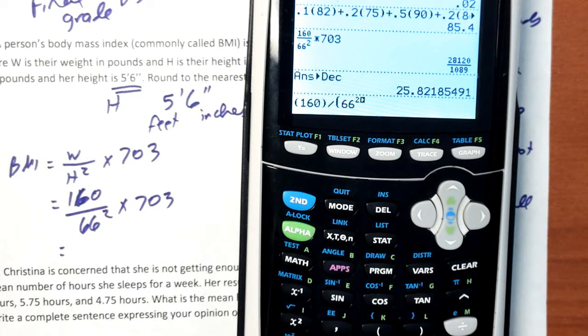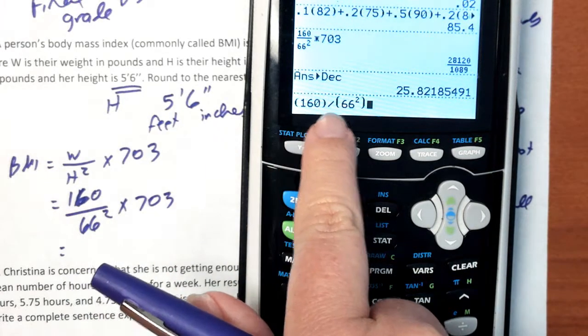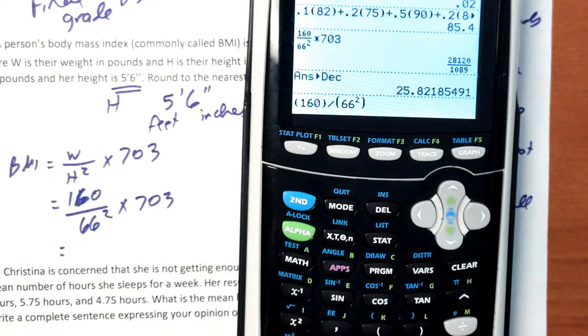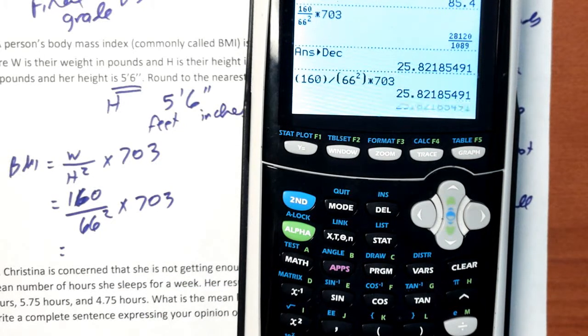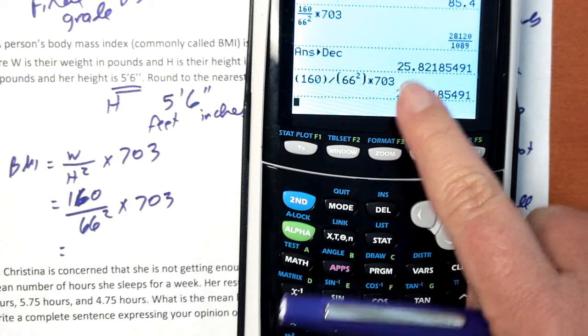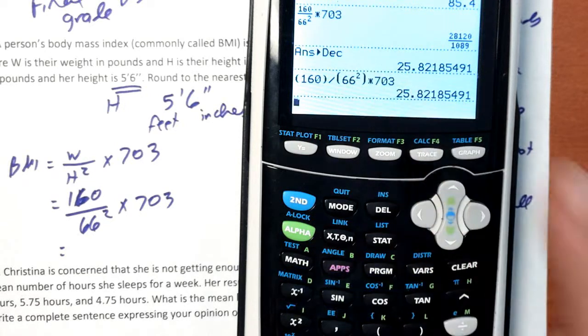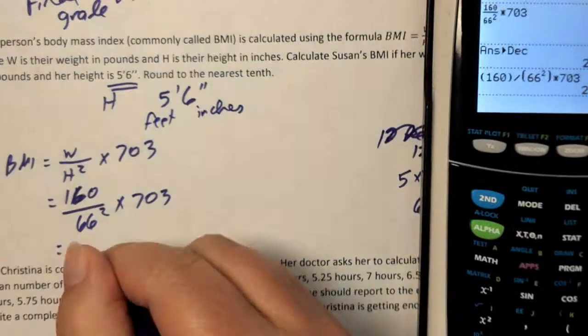Divided by 66 squared. Notice my 66 squared is in parentheses to tell the calculator, hey, take the whole 160 and divide it by whatever 66 squared is. And then times your 703. And notice theirs comes out directly as a decimal. They didn't have to say convert to a decimal. Okay, but either way, you're going to get